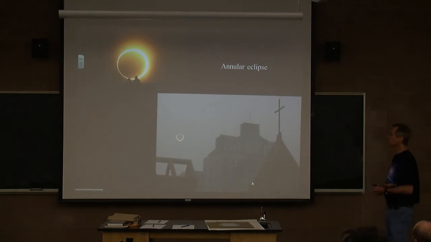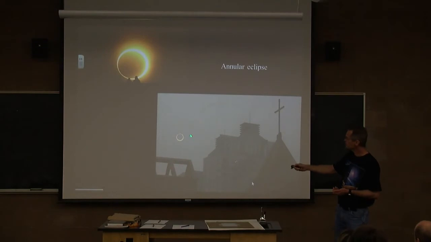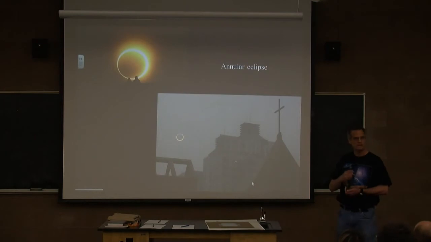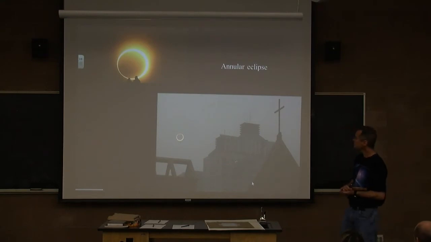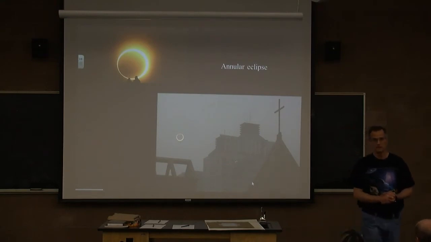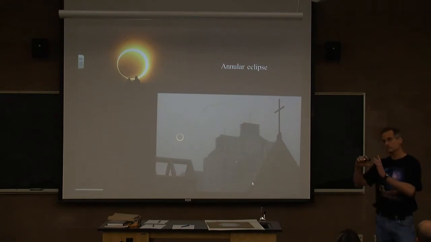If you are in the location of the antumbra as the shadow of the moon goes by, this is what you're going to see. This is called an annular eclipse, and here's another picture of an annular eclipse looking through haze. The name comes from the mathematical term for that disk. It's called an annulus, basically the area between 2 concentric circles. And this is what we're going to have in May. The moon is going to be very close to its apogee point, almost as far away from the Earth as it gets when this eclipse occurs. So there's going to be quite a bit of sun showing around the edges.